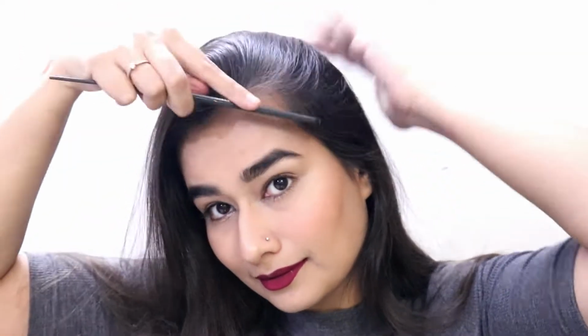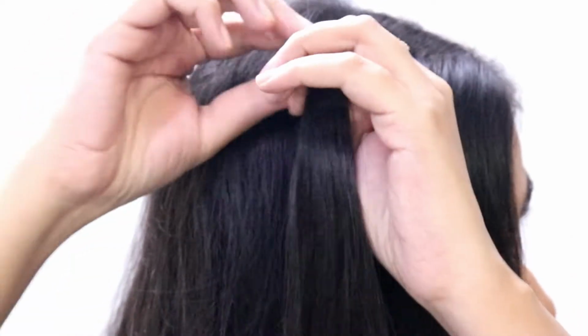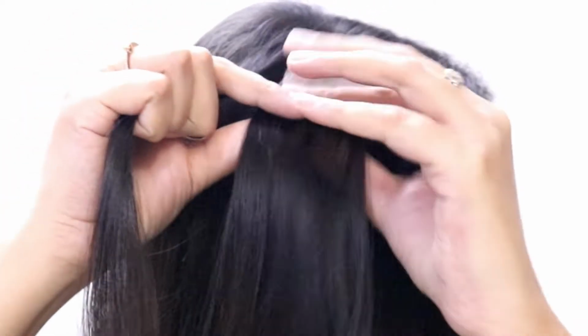So in this video I will be creating a hairstyle inspired by Radhika Apte. She wore this one for one of the Divya's videos and I really liked it, so here I am recreating it. All you have to do is start with side parting and take a section from one of the sides,